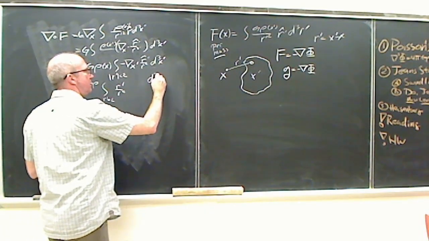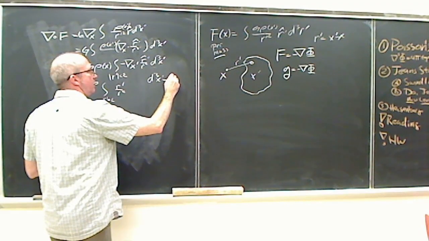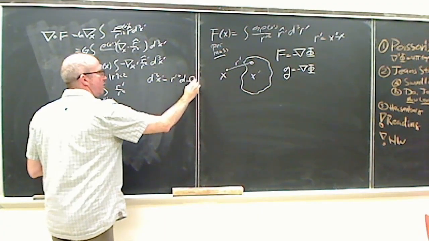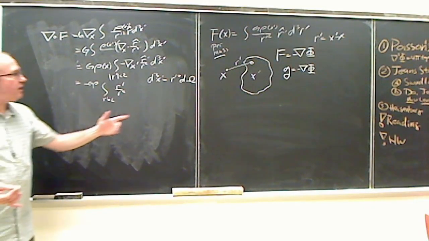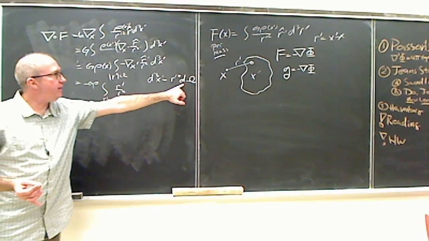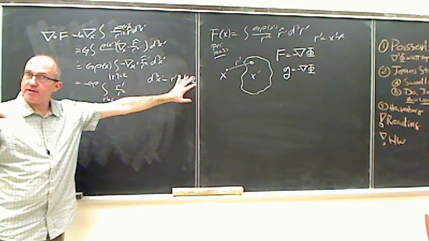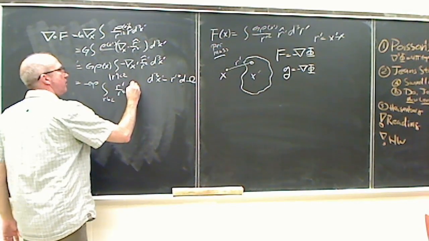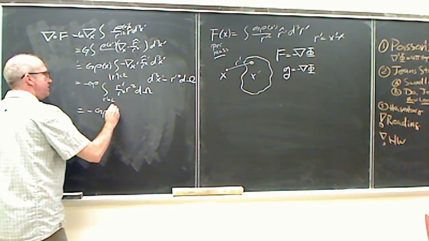d cubed x prime is equal to r prime squared times d omega. Does that make sense? This is just my volume integral. Since I'm on a surface now, it's just whatever r prime squared is, and then d omega is my solid angle element. Stop me if this doesn't make sense. So this turns into r prime over r prime squared times r prime squared d omega, which just turns into minus G rho times the integral of